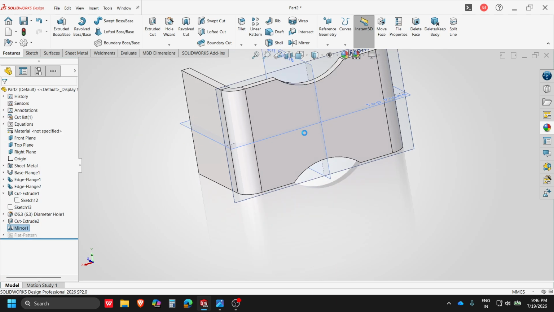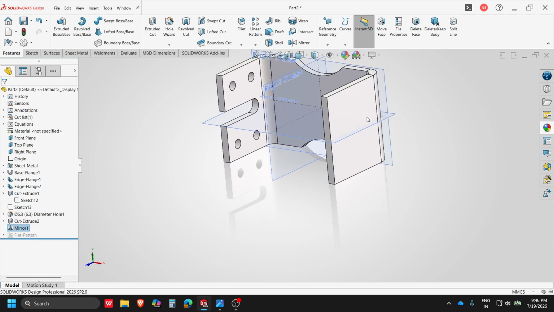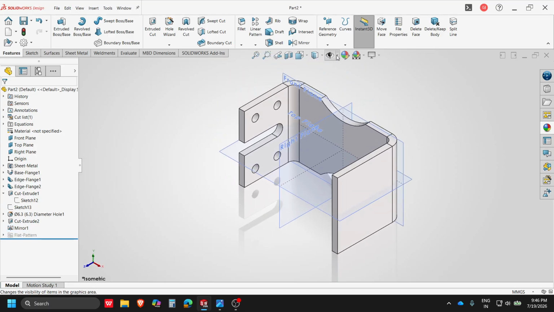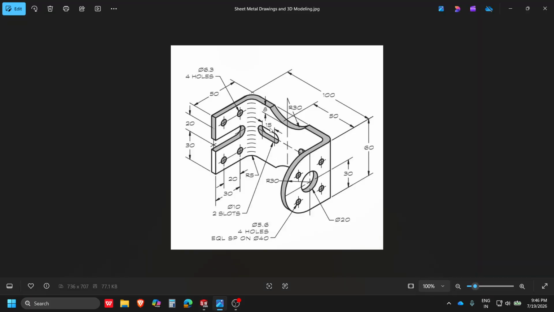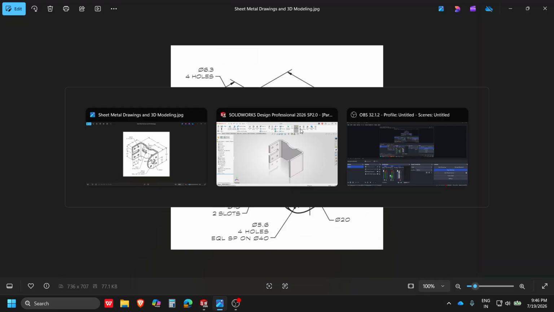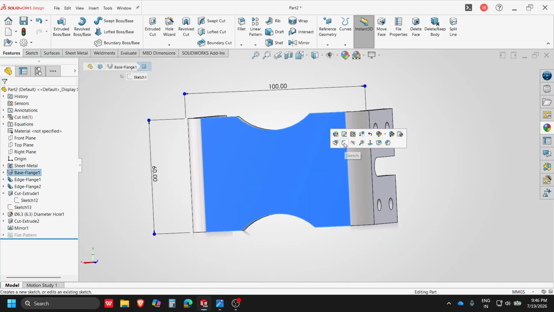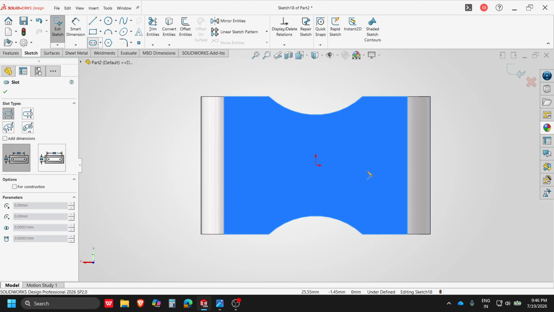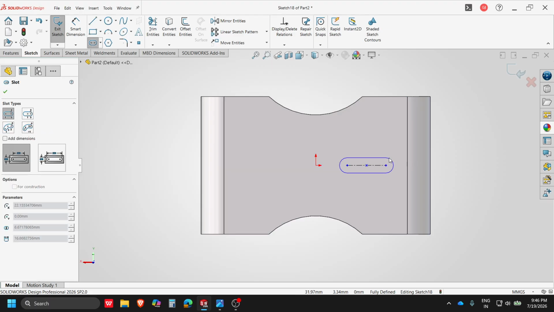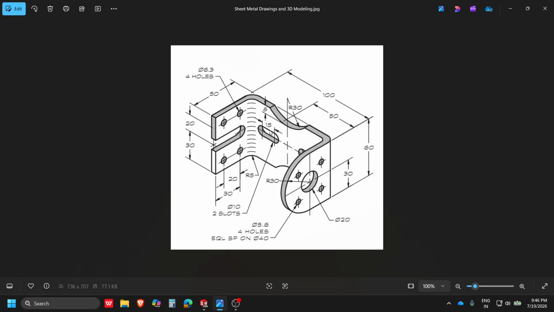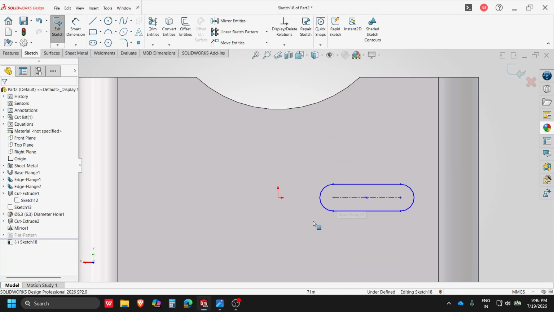Okay, so this one is also done. Control 7 for the isometric view, unhide the planes. After that we are going to draw this slot over here. Similarly, sketch, take slot,